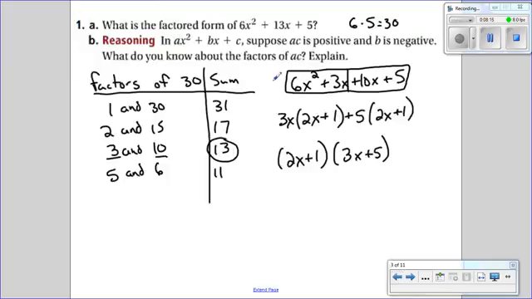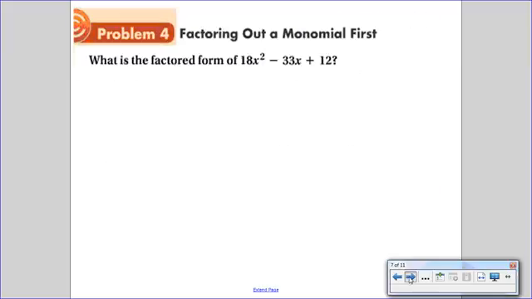just show you how to do this without adding more to your plate, is one thing we should always do is see if anything in here, any of these coefficients have something in common. And so for this one, we can factor out a 3. 18 has a factor of 3, 33 has a factor of 3, and 12 has a factor of 3. And again, that would just be something where you could factor them out and find that, but hopefully over time